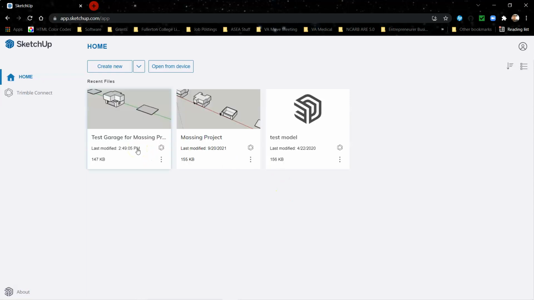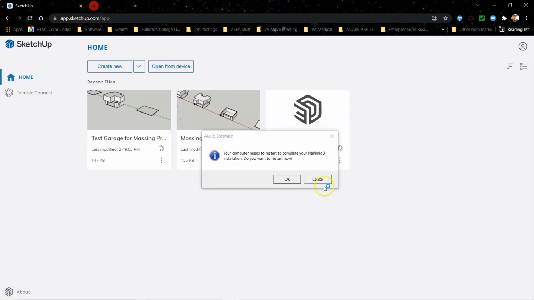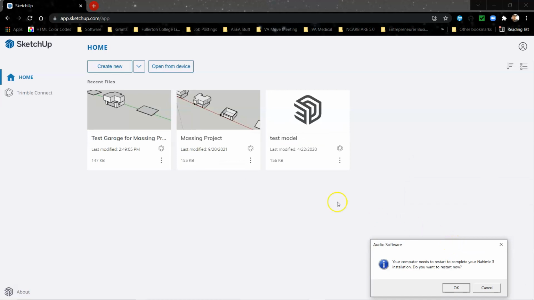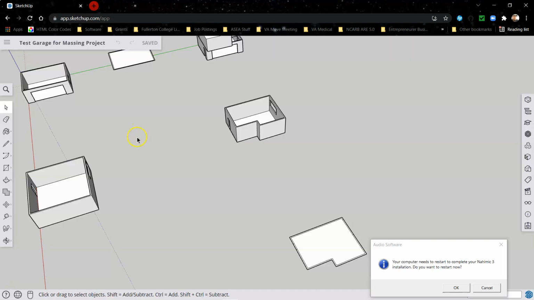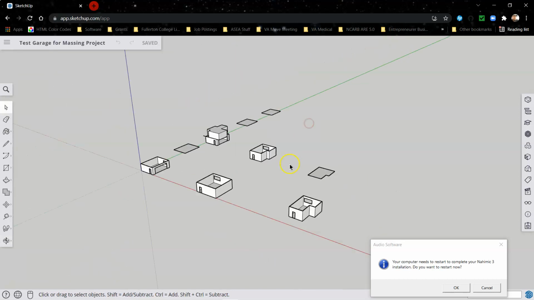You'll probably see a different screen. You'll see a button that says Start Modeling. Click on that button that says Start Modeling. And once you click that button, you'll see something that will load up, and